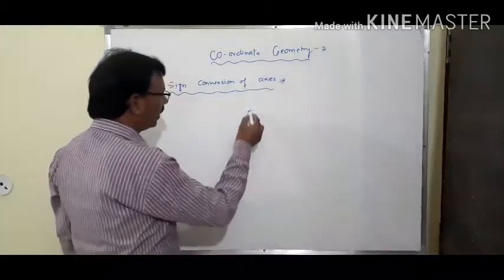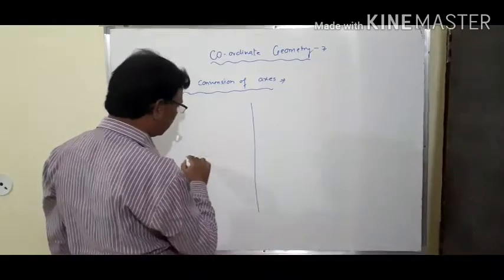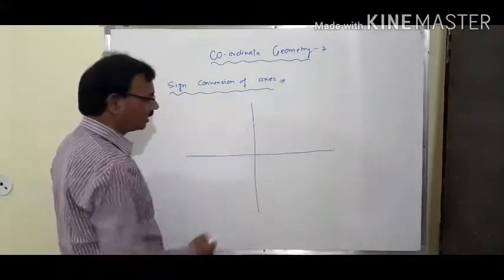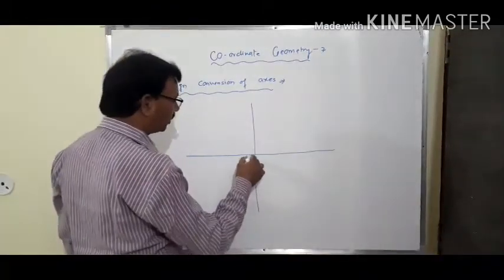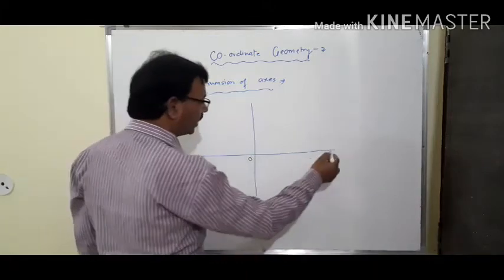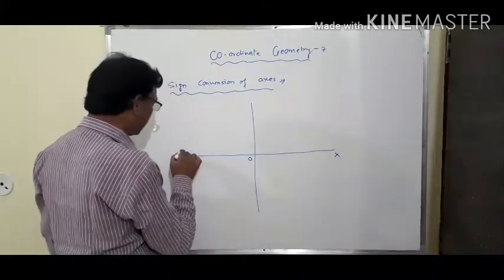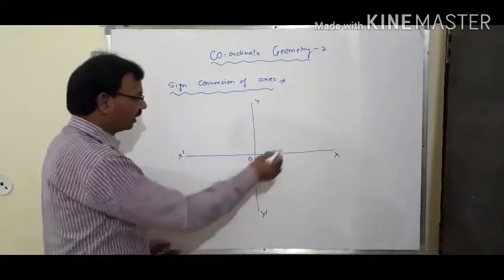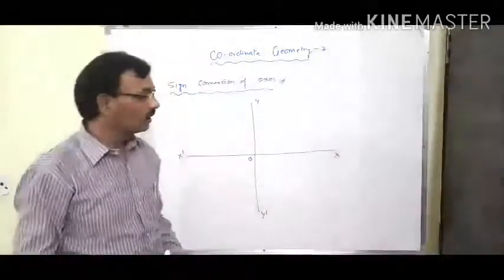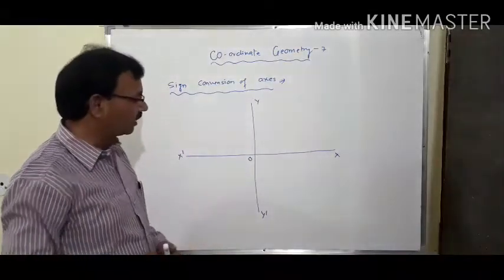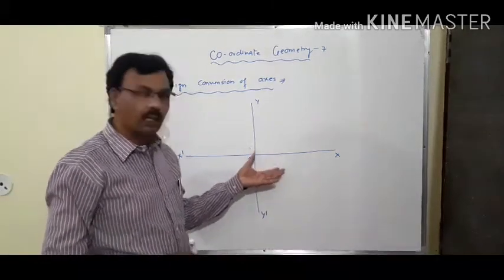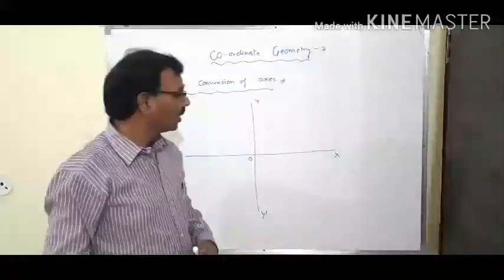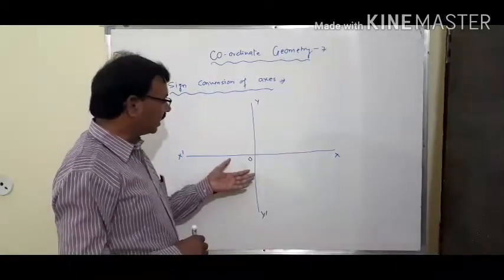As you know, if we draw two lines in a plane, one horizontal and another vertical, both perpendicular to each other and intersecting at O, then the horizontal line is known as X dash and the vertical line is denoted by Y dash. X dash is known as the x-axis and Y dash is known as the y-axis. With the help of both lines, we can determine the position of any object which lies in that plane.